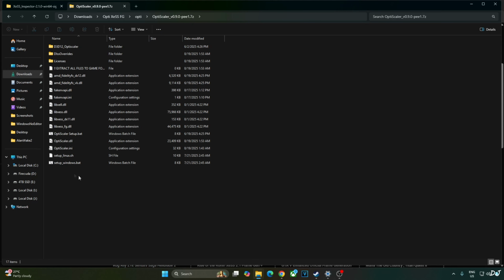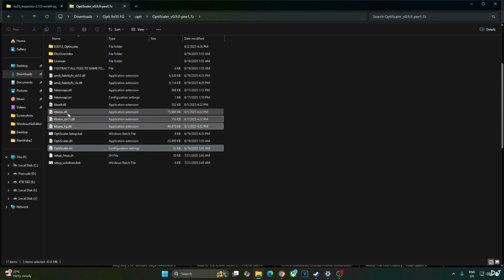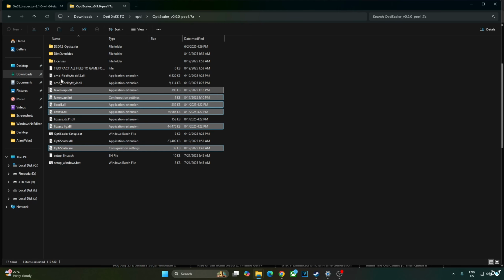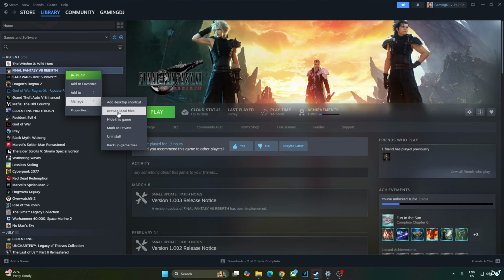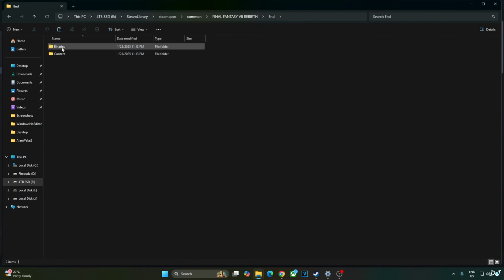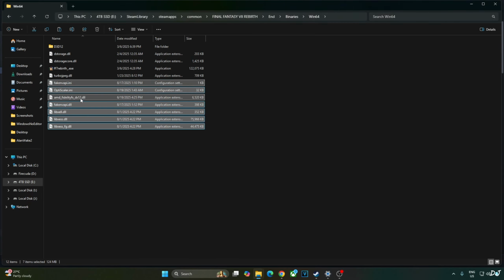Open its archive file. From here just do not copy this DLL file, optiscaler.dll. Copy optiscaler.ini, XeSS files, fake NV API files, and AMD_fidelityFX_dx12 file. Copy. Open the game's install directory. It's the Steam version of the game. End folder, binaries folder, Win64 folder. Paste everything here. This game does not support DLSS or FSR frame generation, so I'll use the in-game DLSS Upscaler